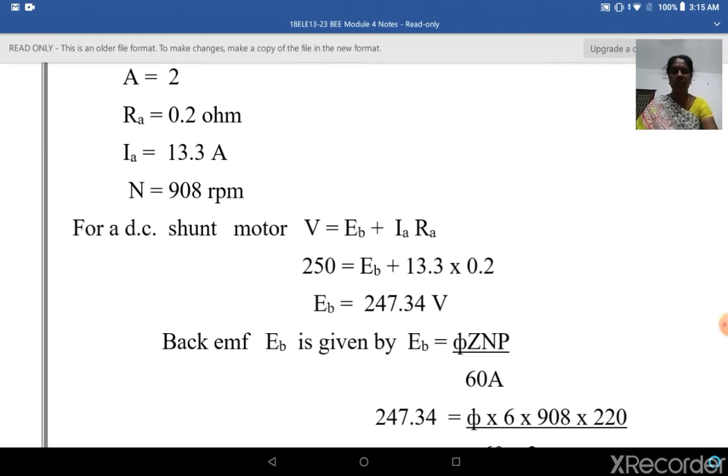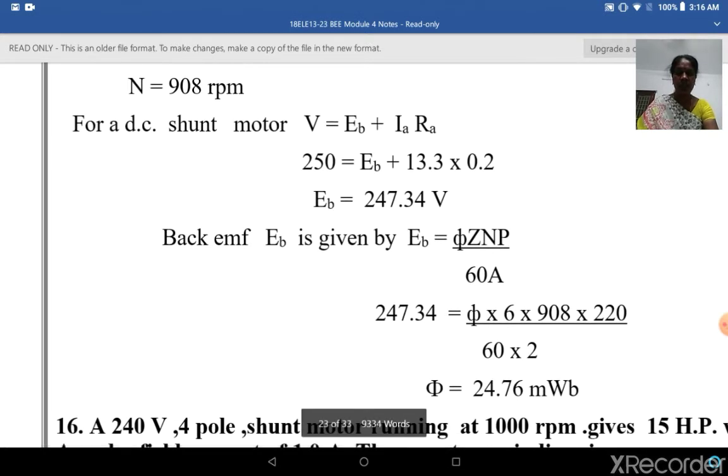For a DC shunt motor, V is equal to Eb plus IaRa. When you substitute all these, you can find out the back EMF. Since the terminal voltage V is given as 250, Ia is 13.3, Ra is 0.2, that can be substituted in this expression and Eb can be calculated. Back EMF Eb is given by Eb is equal to phi Z N P by 60A. By using the first equation, Eb is calculated. Then using the expression for Eb,